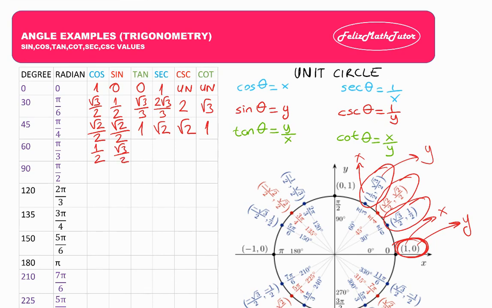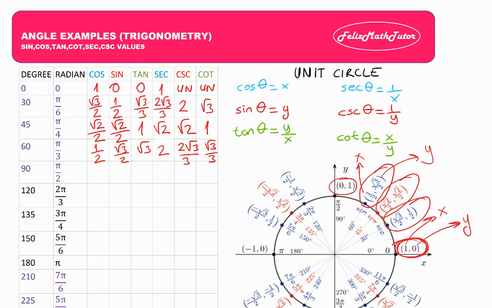Tangent, which is dividing two of them each other, I will get square root of 3. Secant 2, cosecant 2 square root of 3/3 and cotangent square root of 3/3. Okay,